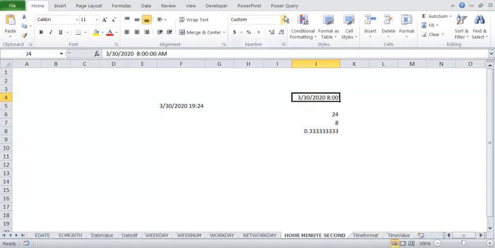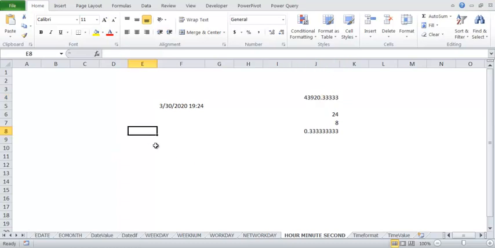If I convert it into a value, you can see it is 43920.3333. So the fraction is stored like this. Time is always a fraction.